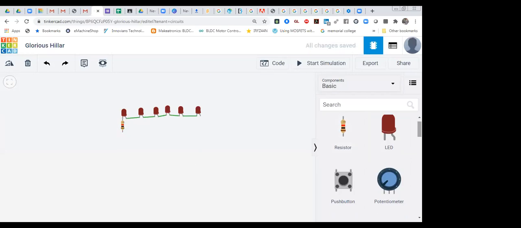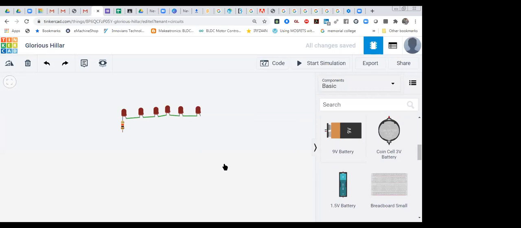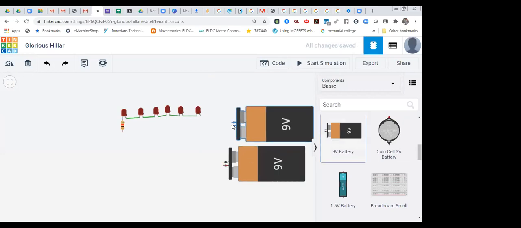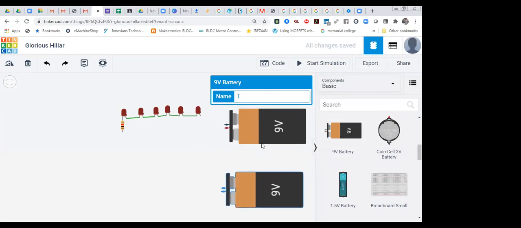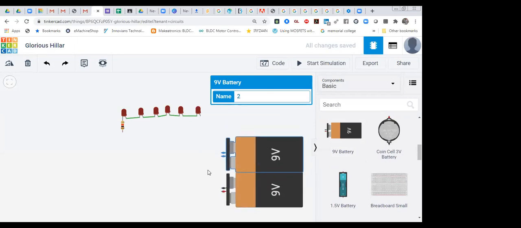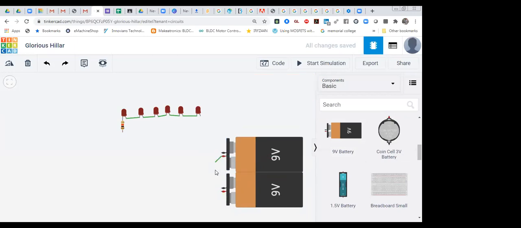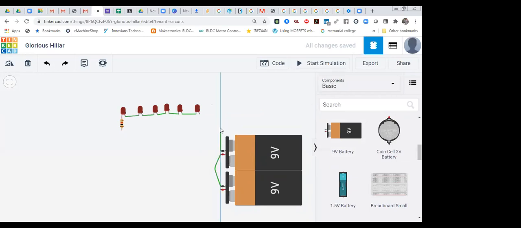So how to make 18 volt, how do we have to make it 18 volt? So we have to take two batteries. So when we connect batteries in series, what is happening? Voltage will get increased and resistance will be the same. So this one is positive, positive we have to connect with negative, and this one is negative. So negative we have to connect with negative.